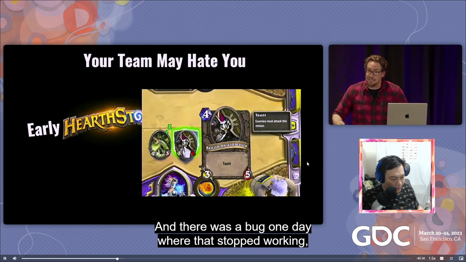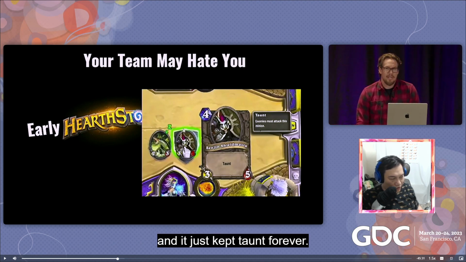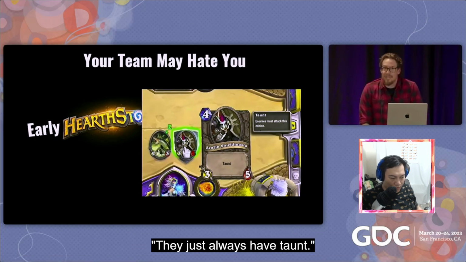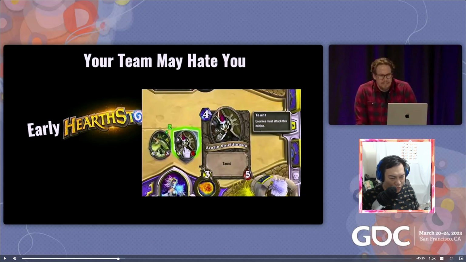And there was a bug one day where that stopped working, and it just kept taunt forever. 所以他这边说，原先嘲讽效果是它只会嘲讽一次而已，就是你攻击一次，嘲讽效果就不见了。那有一天游戏出了个 bug，就是说这个嘲讽的效果会永远持续住。And we thought about it. We said, this is simpler if they just keep taunt forever. They just always have taunt. 对，他们说哦，其实如果永远嘲讽的话，规则其实变简单。